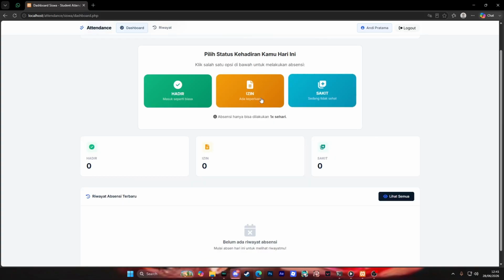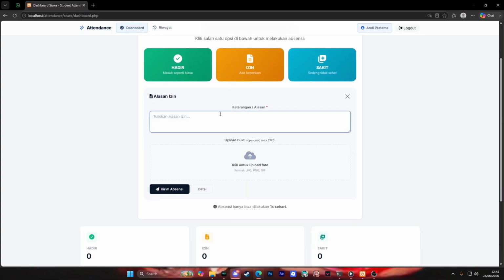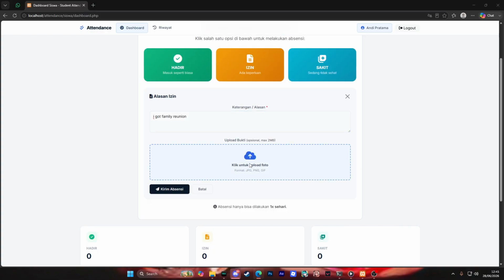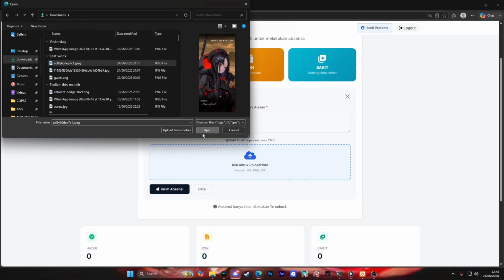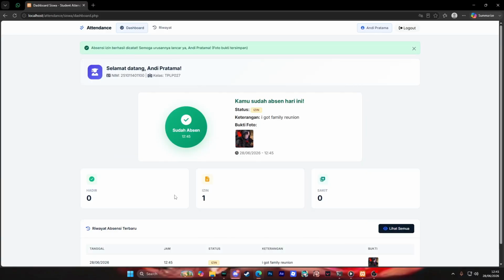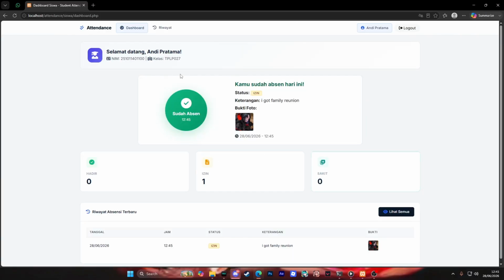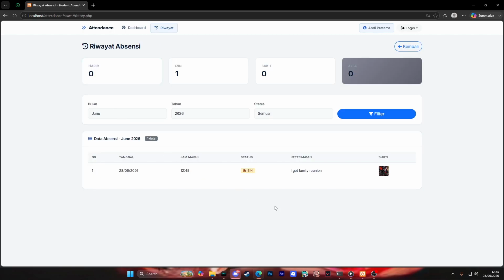Sick: the student must provide a description and may also upload a supporting photo. After the data is successfully saved to the database, the system displays a confirmation notification. The latest attendance record will immediately appear in the attendance history section.